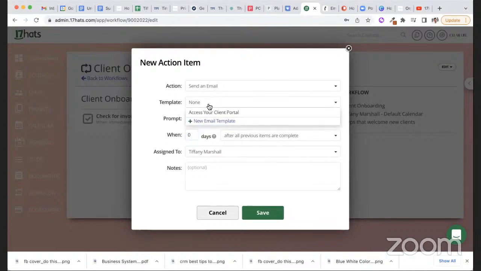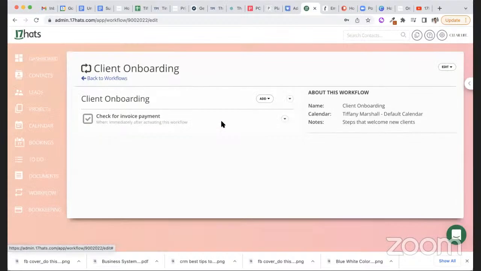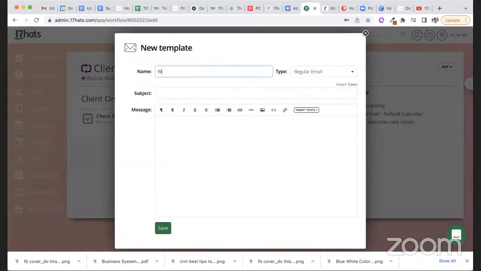Now, template. So I am going to create an email template. If you already have templates created in 17 hats, they will populate here. But this is just a new brand that I created for the purpose of this video, this tutorial. So I'm going to create a template. And so I'm going to name this new client welcome. Right? And I can say, welcome to